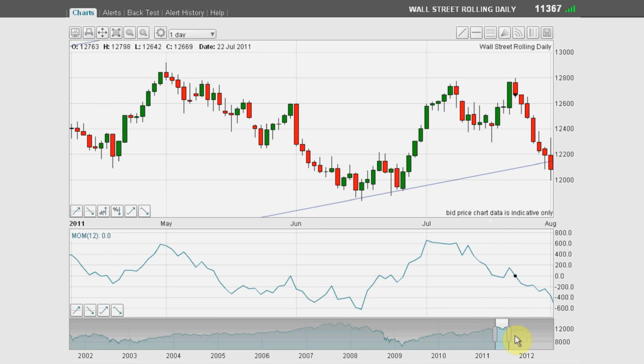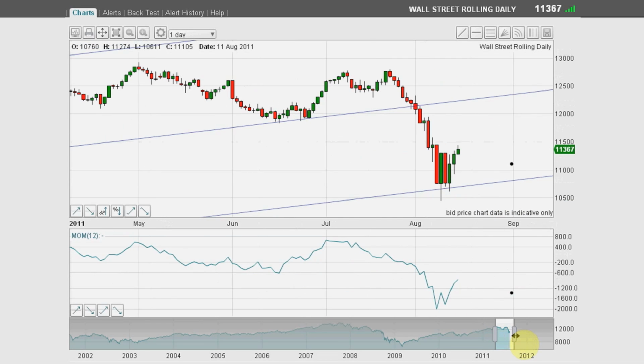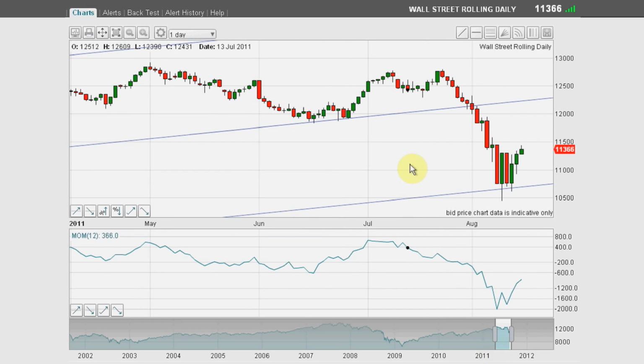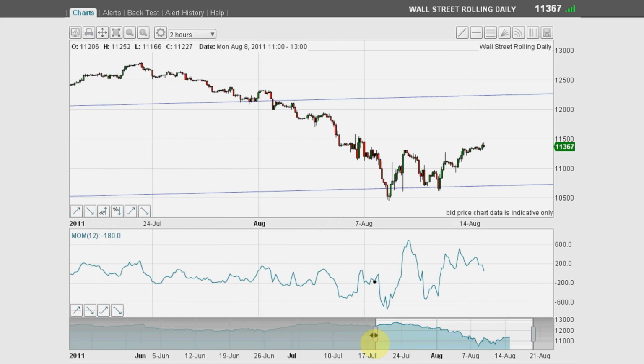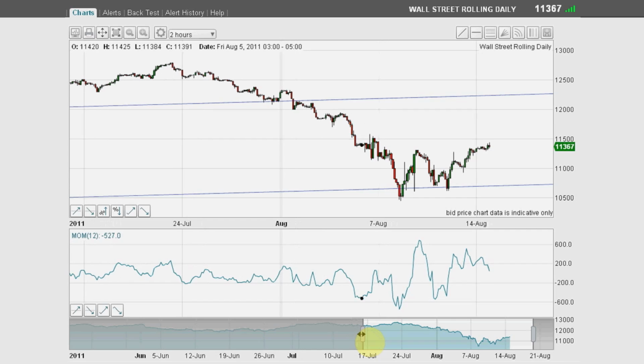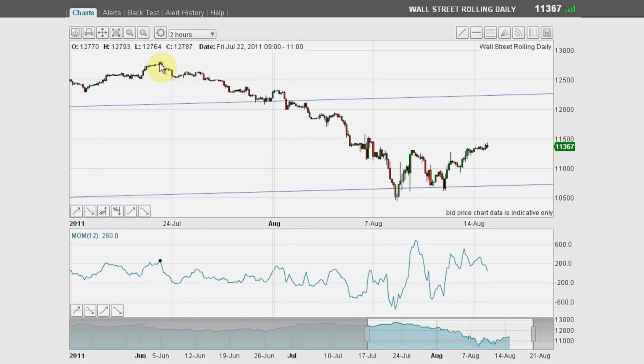Okay, I can show you more now. If I go to current trading, I can now go to the 2-hourly chart. I think it shows up quite well there. There we go. There is the 12,800 high that I called. The big plunge down doesn't look so steep here, but that is actually 10,450. That's well over a 2,000 point drop in 11 days. It's a very substantial move.